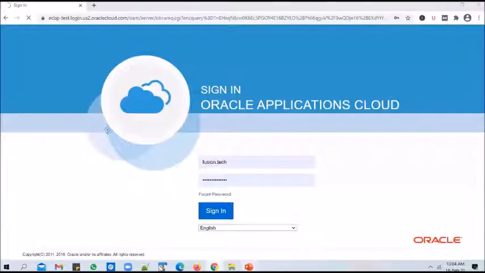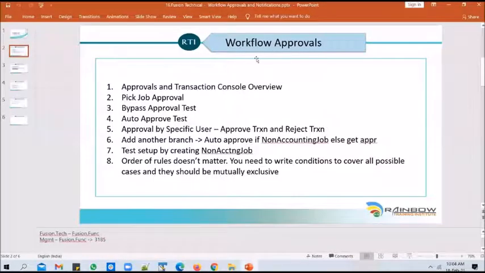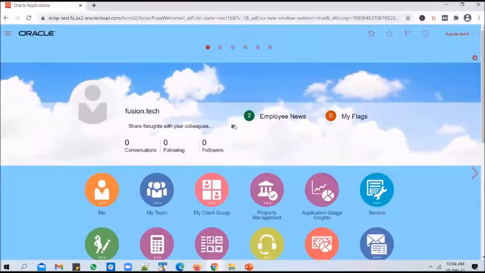Sharing my screen. I was told by Ravi that he gave you an introduction about the workflow approvals and how they work in ERP Cloud. What we're going to do is a hands-on exercise in the instance today. As part of that, I'll show you how to configure approval rules using different participants. So I've logged into the ECDP test instance,